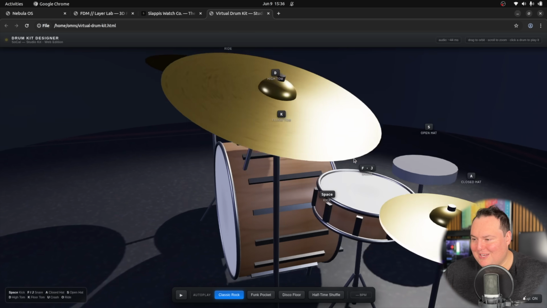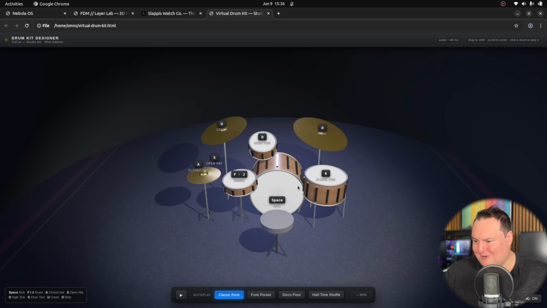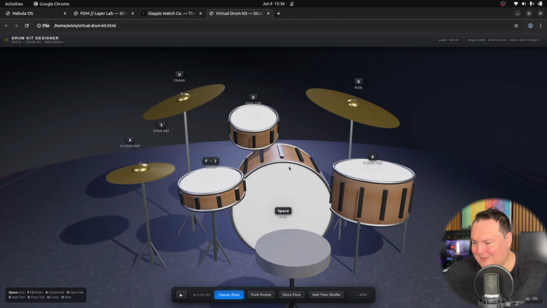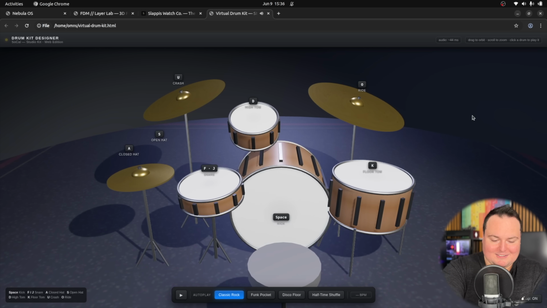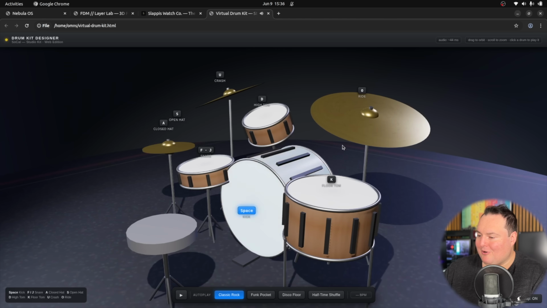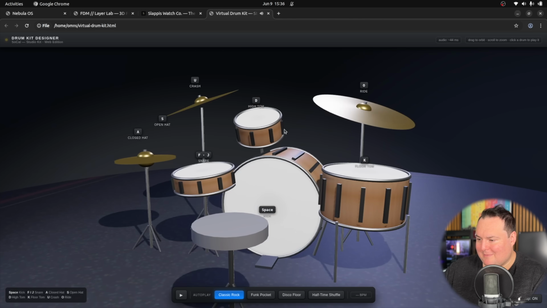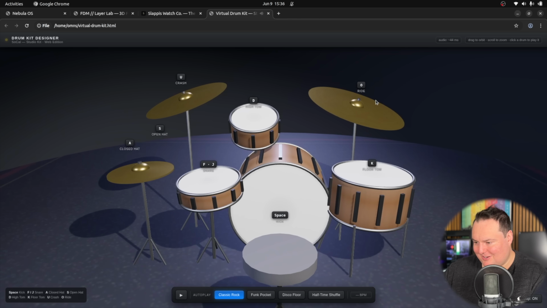We can move around the scene. We have some wood effects. We have some brass effects. And it's in a nice little circular carpet stage thing. We even have a stool. So let's check the important part. Does it slap? All right, it does. Let me turn the speaker up here. Good effects, though if I were to nitpick, we don't have a kick pedal, or we do, and it was kind of placed in the drum, but you know, it is what it is. Let's check all of these.